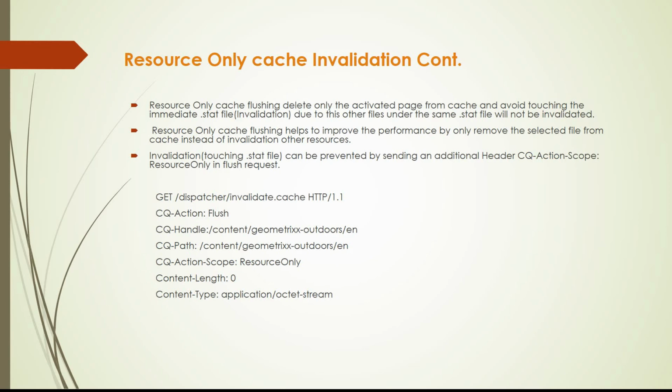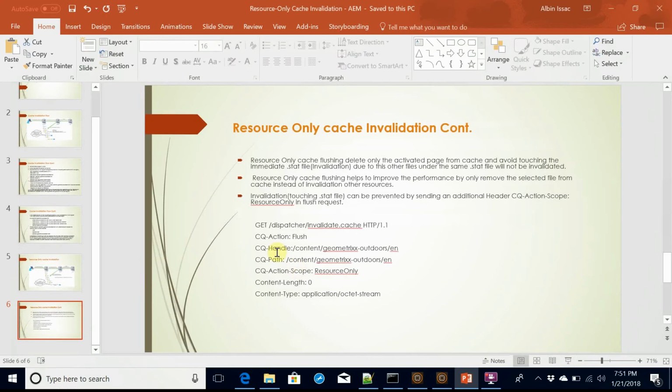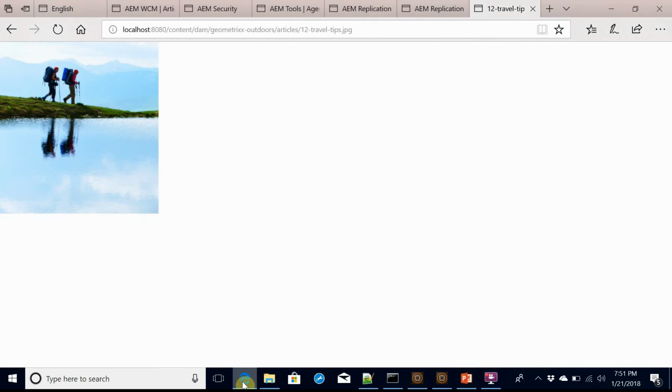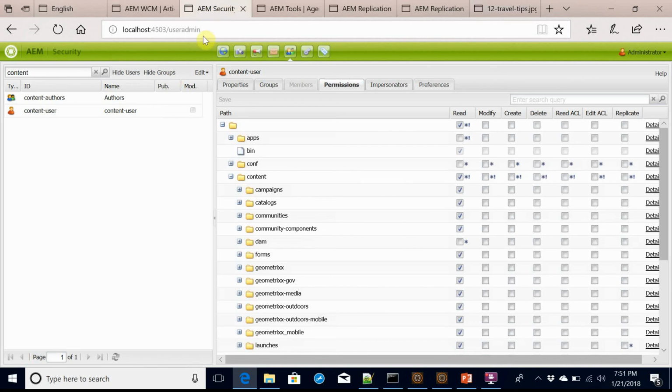Okay, let's see some real-time scenarios so that you can understand this very well. We are considering two invalidations, content and image DAM, so I will go and create two users. One user will have the permission for the DAM folder, and another user will have the permission only for content.